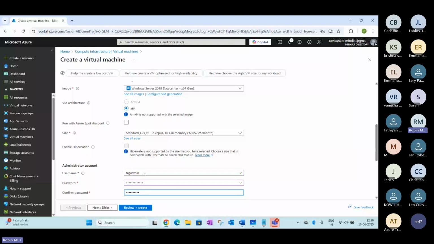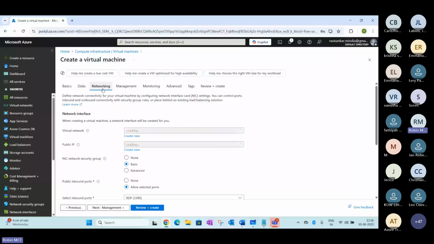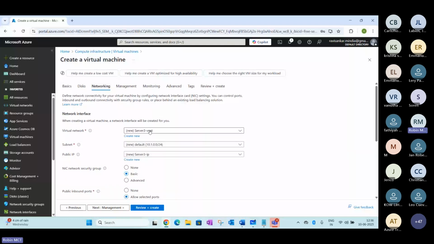I'm getting a message here that a prod VNet is already available. Now I'm saying to Microsoft, no, I don't need to use this one, I'm trying to use a different network. So I can see another network can be created.